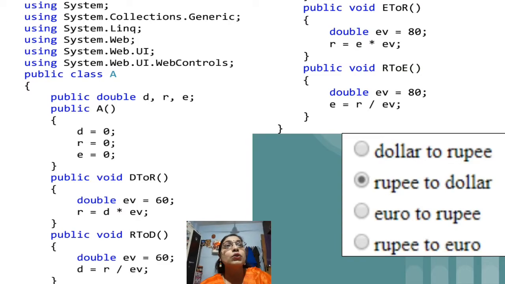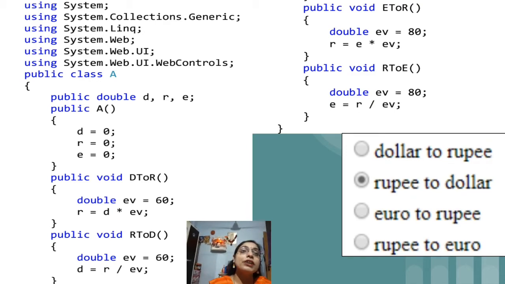Similarly, now we are converting euro to rupee. The actual value has also changed, but for reference I have used 1 euro equal to 80 rupees. If we want to convert euro to rupee, then we will multiply E into the EV value, that is 80.